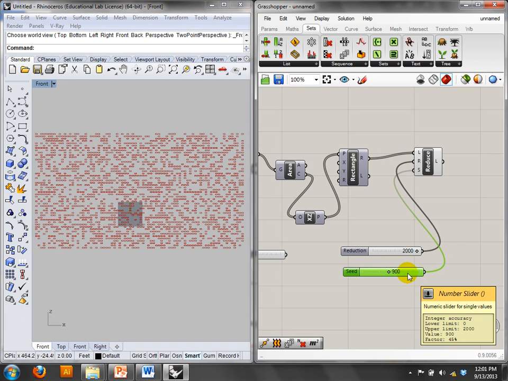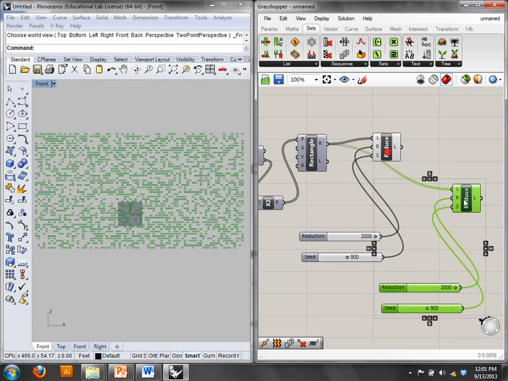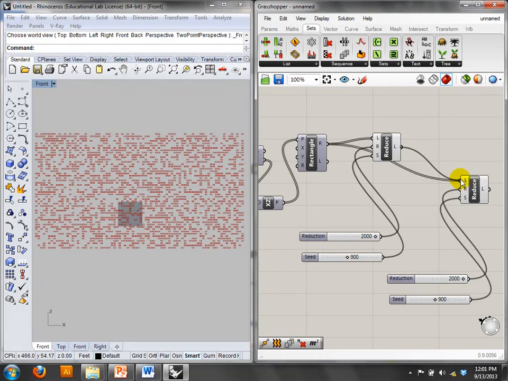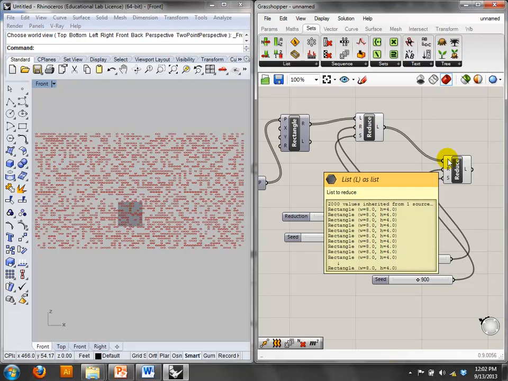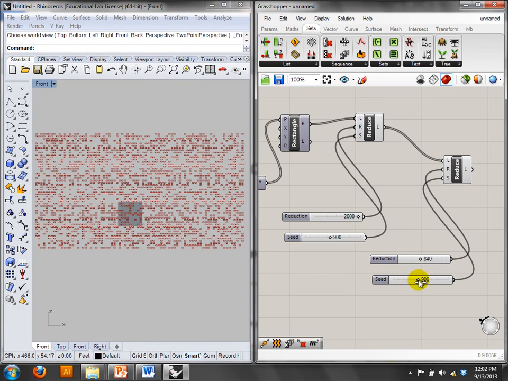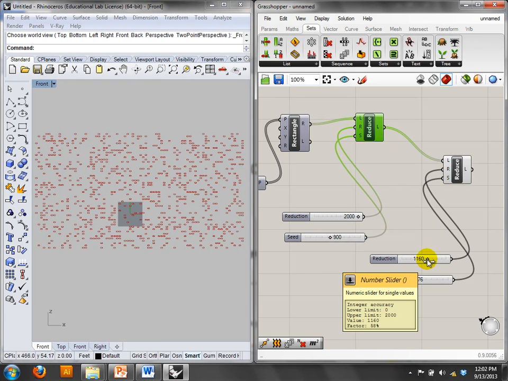Okay. Now, maybe I don't like this. Like there's too many rows and things. Like I don't like the way this is. You can actually take that list and reduce it too. All right, so I can actually go in. Should be able to. I might have too many of these. Yeah, I forget. With cull, you gotta be really careful because the two are on top of each other. So I can cull a list that I've culled, or I can take this and I can cull it by some pattern. I can remove every other one,